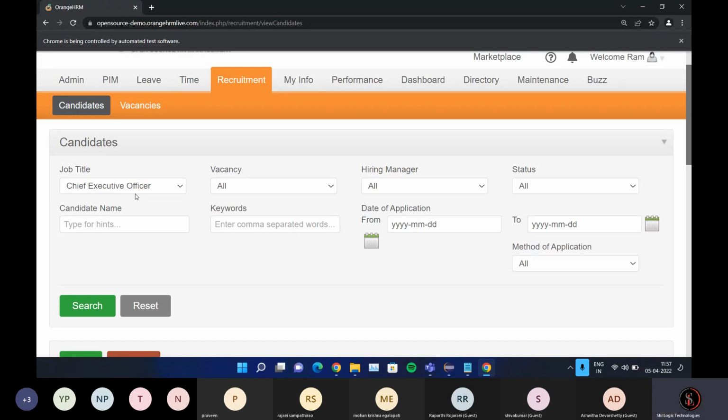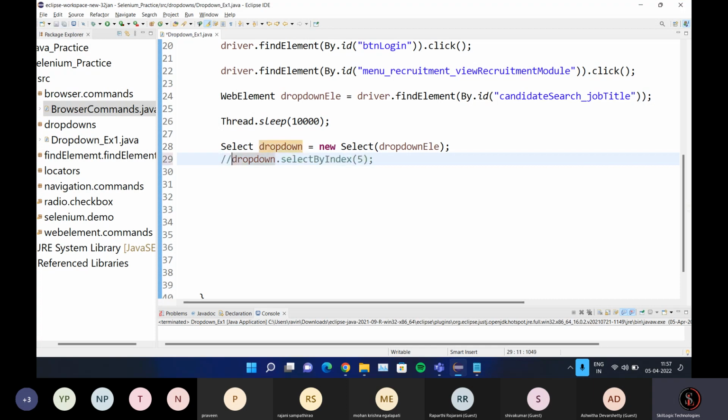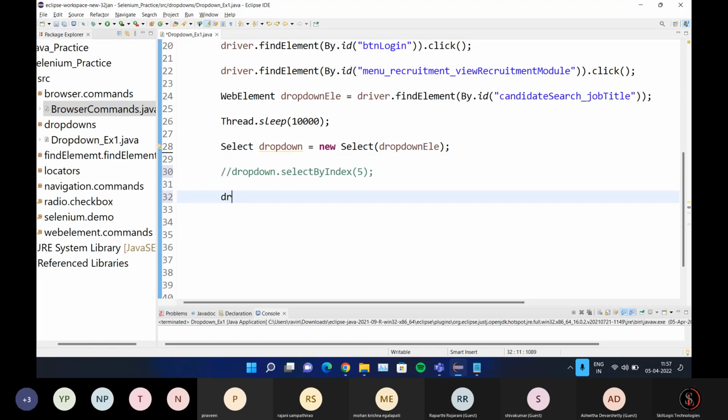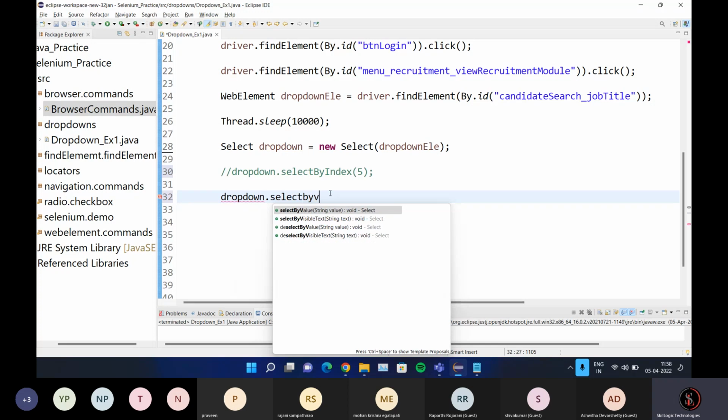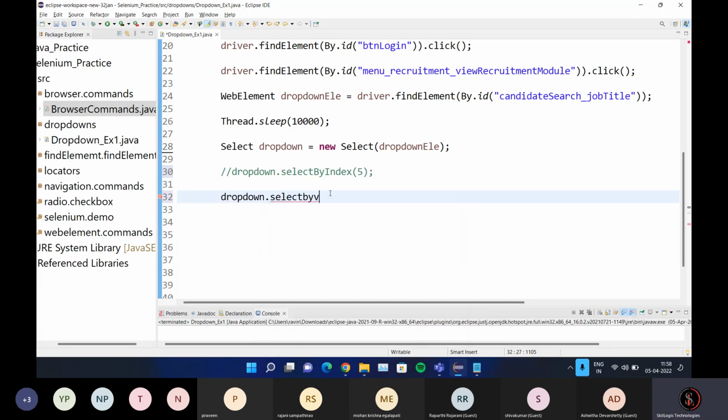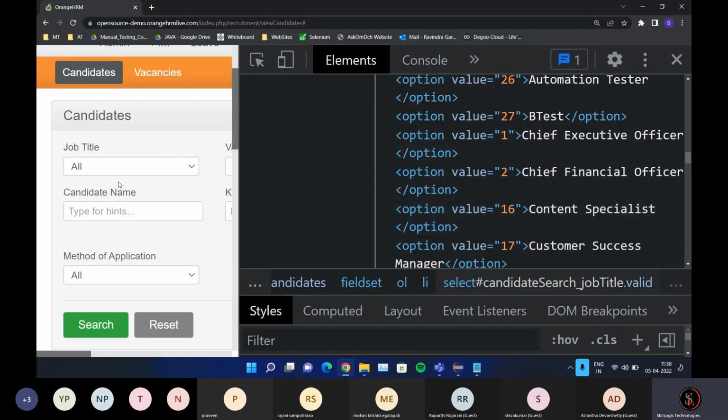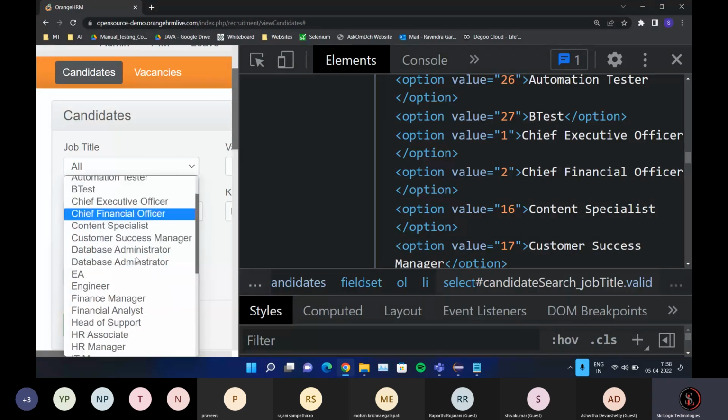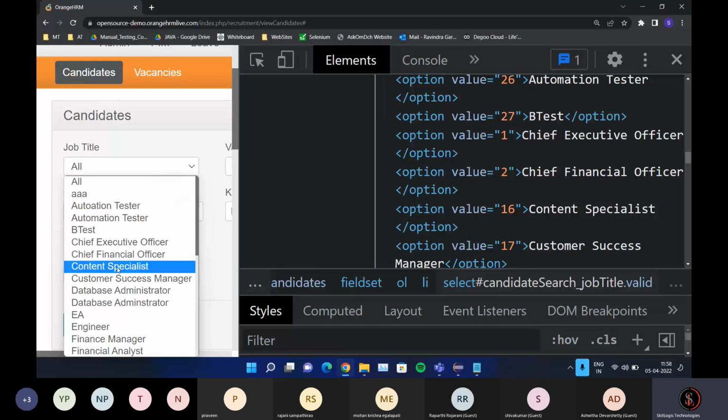The other one is based on the visible text. Now let me comment out this code. Now I'm going to use dropdown.selectByVisibleText, with double quotes. I need to pass the corresponding visible text, and we can select the value based on it. Now, if I want to select content specialist,